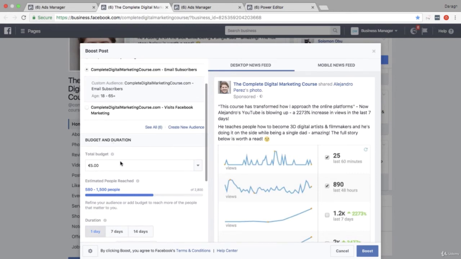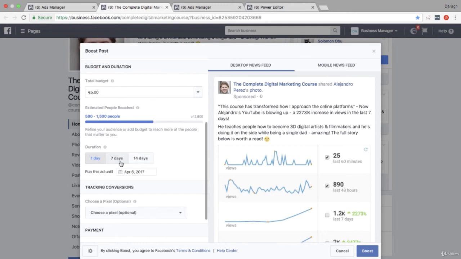Now one con or disadvantage of this tool is you don't have all of the options available to you, like different types of bid types, and that could be important if you become a more serious advertiser. Also, a disadvantage of this tool is you can't select where your ads appear. For example, if you wanted your ad only to appear on Instagram, that wouldn't be possible to do inside the